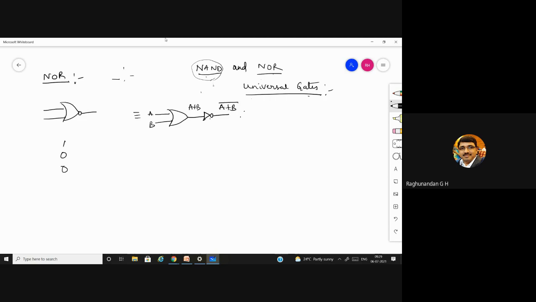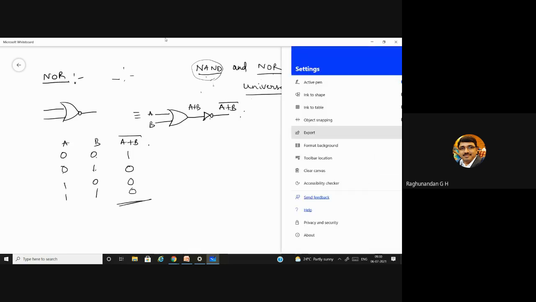So if you take the truth table 0, 0, 1, 1, 0, 1, 0, 1, A plus B whole bar. So 0 plus 0, it is 0. But here, since the complement operation we are having, it is 1. 0 plus 1, it's 1. But because of complement, 0, 0, 0. So you can see that this is exactly opposite to the results of OR gate. Okay. After that, we are having XNOR gate. Then we'll start the problems so that we can continue in the next class. I will finish now.